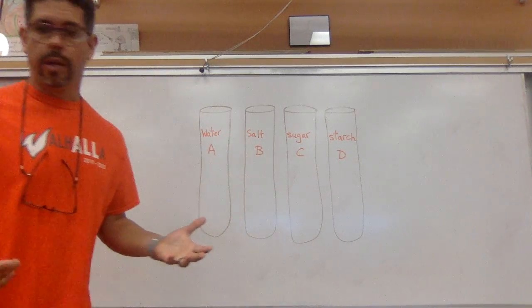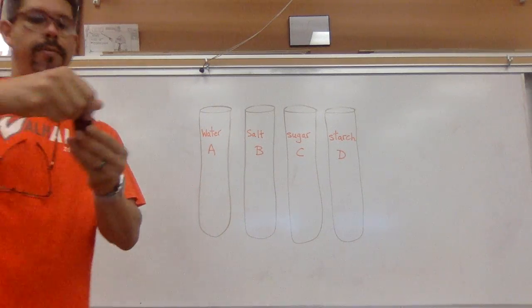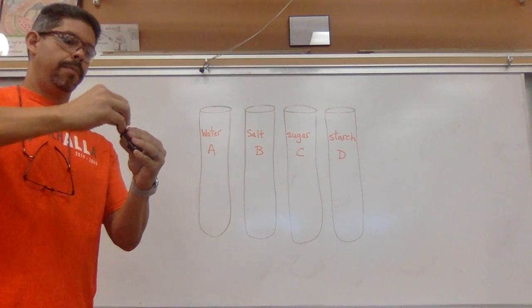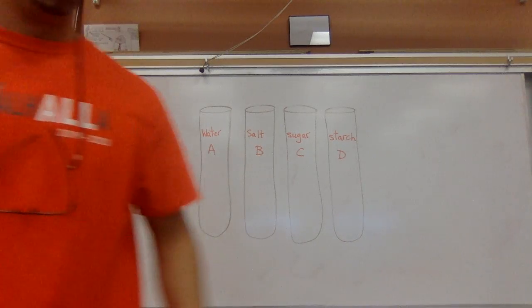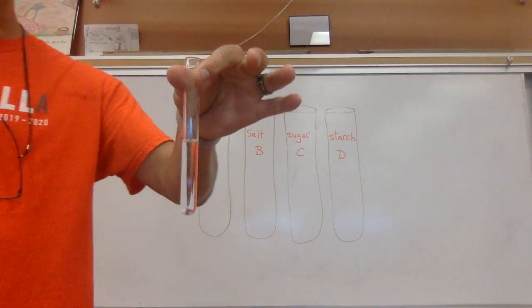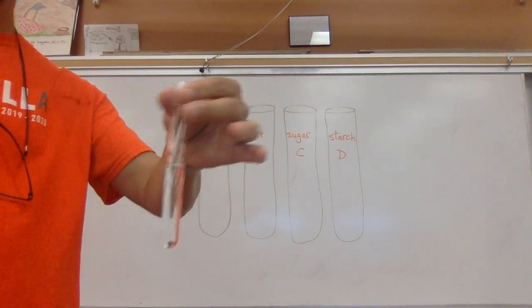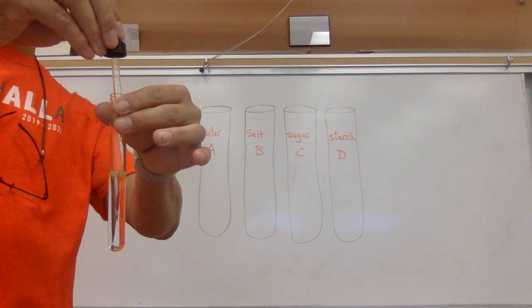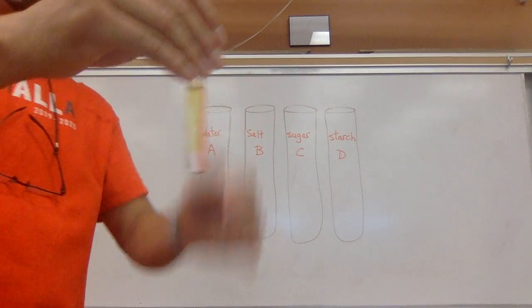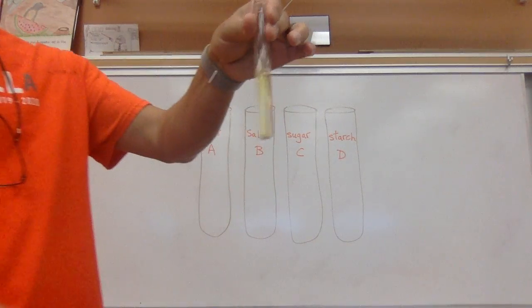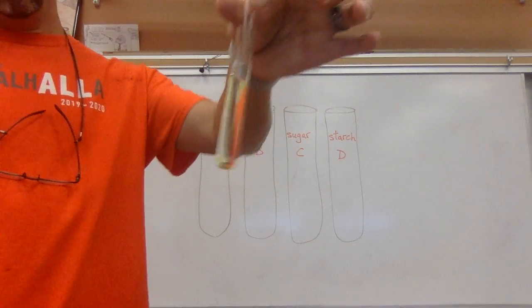All right, so let's go ahead and get started. We're going to start with the water first. Let's get some iodine in a dropper here. All right, so here's just pure water, as you can see here. Put some drops in there. Shake it up a little bit, help it mix a little bit. And you can see it turned, now